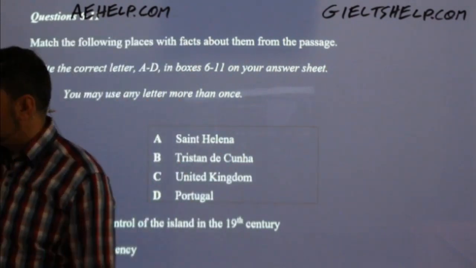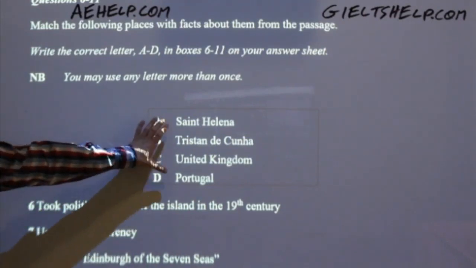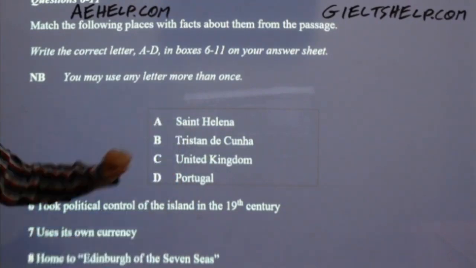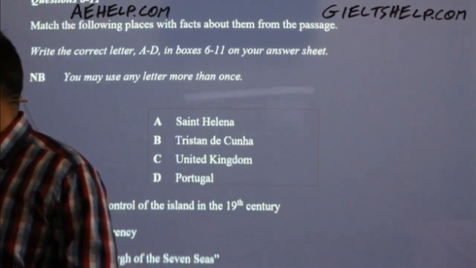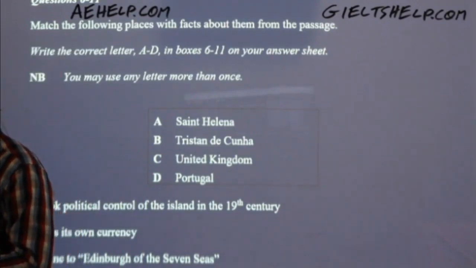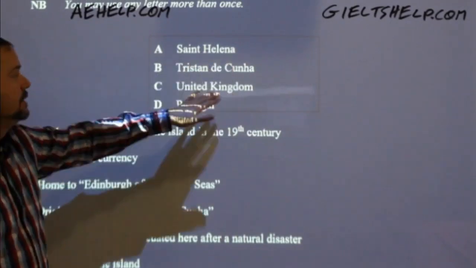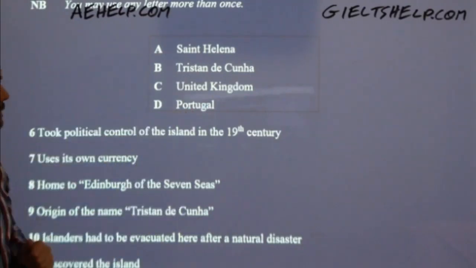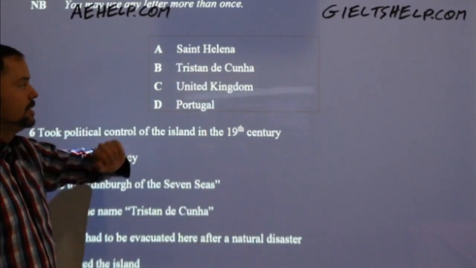All right. So this one, you have to match names. This is a name matching. It could be names of people. In this case, it's the name of places. So you have to match information to names. This is a common type of question as well for the reading passage. So here we have Saint Helena, Tristan da Cunha, United Kingdom, and Portugal. Okay, so we have 4 different locations. So I can predict that the passage will include some information, not just about Tristan da Cunha, but also the